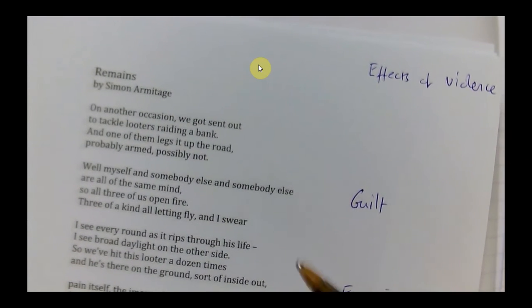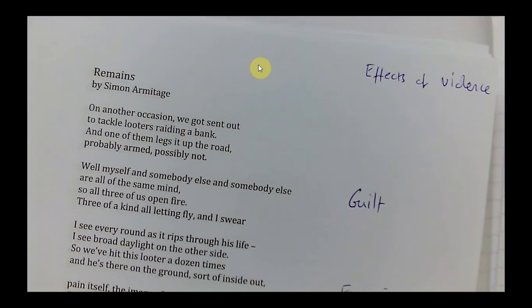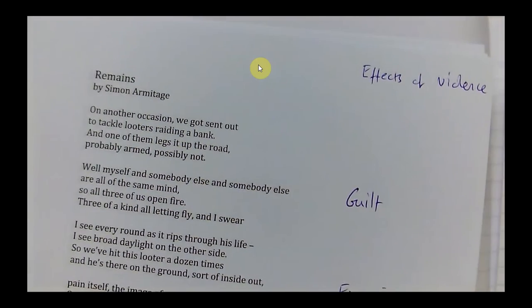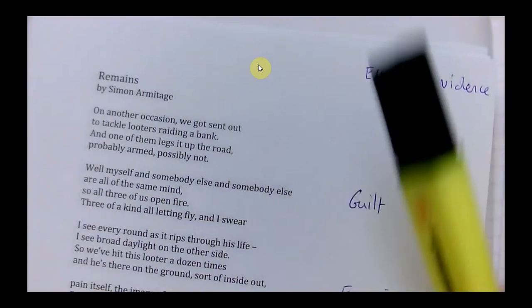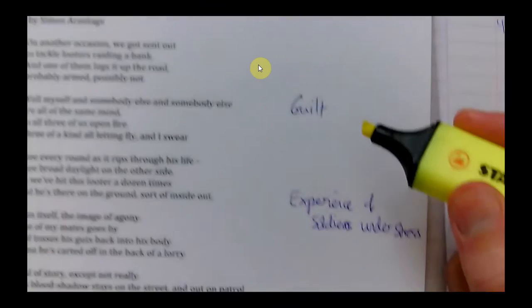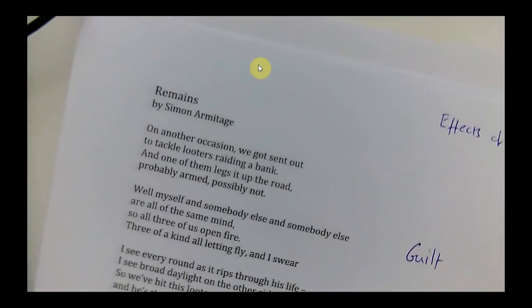I'm just doing this on a fresh copy. I'm going to try and keep this focused as best I can and start moving through the poem and just showing you what I'm looking for. Got my highlighter too. So I've got effects of violence, guilt, experience of soldiers under stress, and how war changes people.